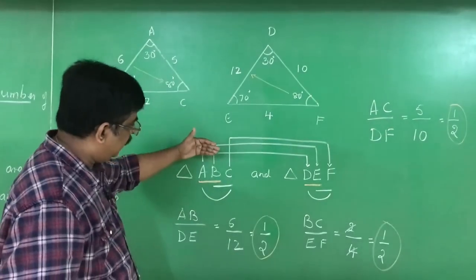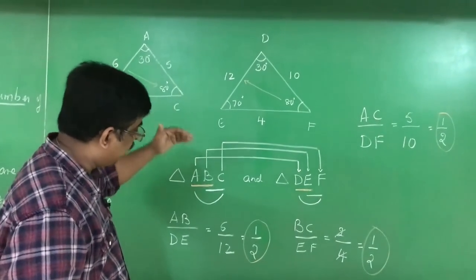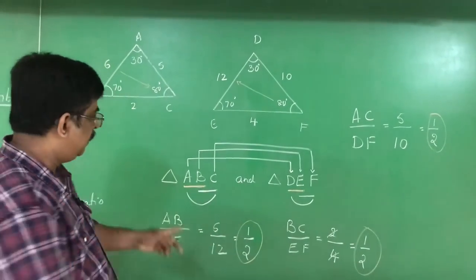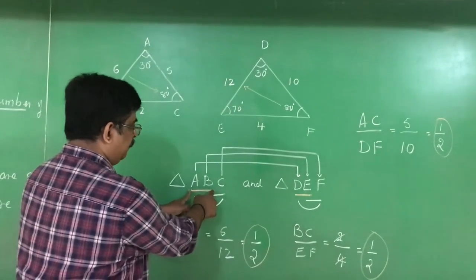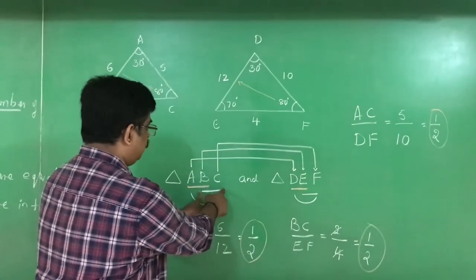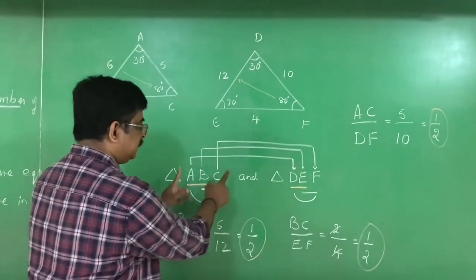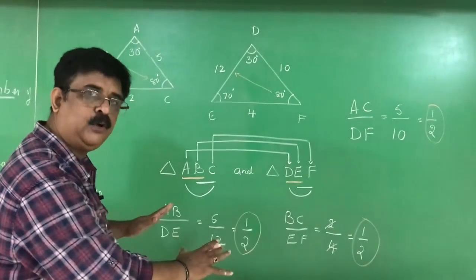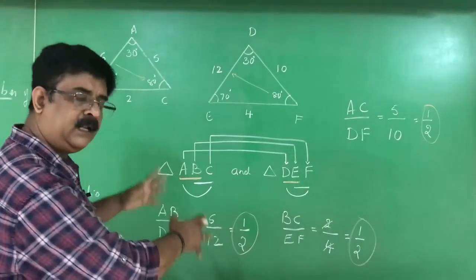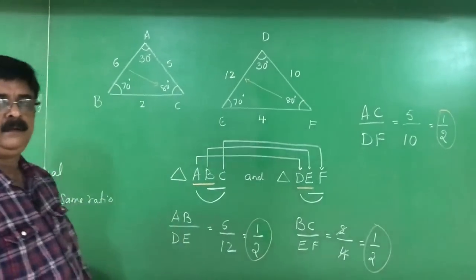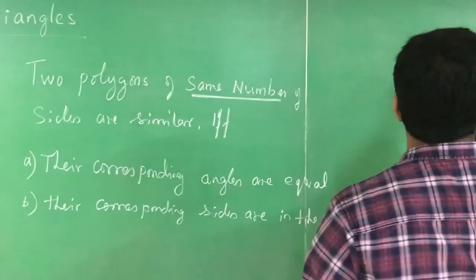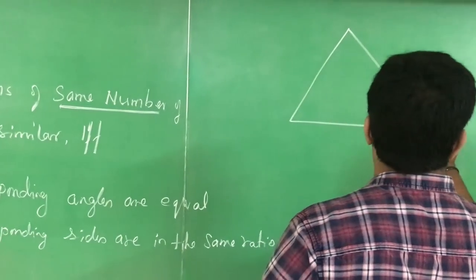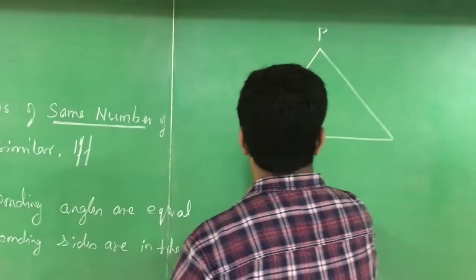Once I write the names of the triangles according to their corresponding angles, then I can easily identify corresponding sides by this trick. First two, first two. Second two, second. First and last, first and third. They are all corresponding sides. They are always in the same ratio. We do more examples to understand this particular content. So I write one more example. See, here there is a triangle. I change the name. I write it as PQR.